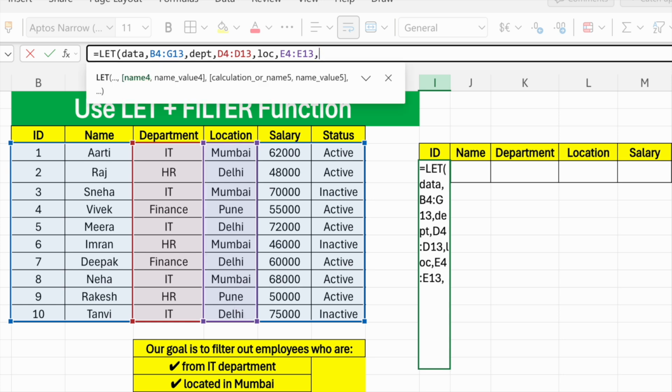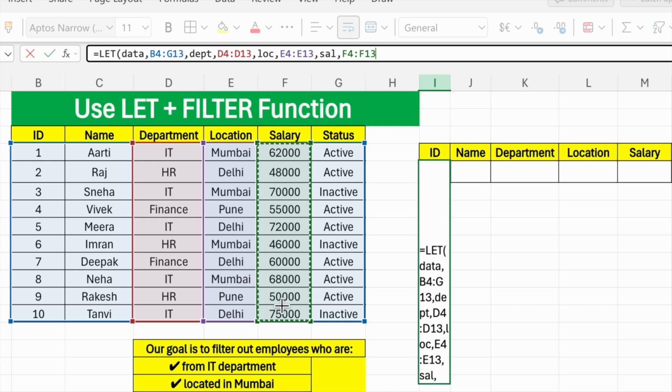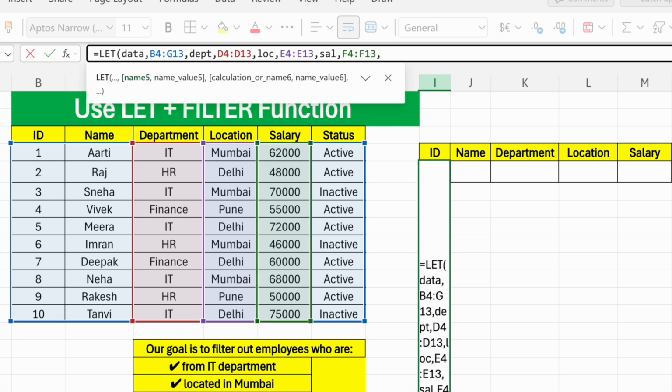Okay, comma salary, so we will make it sal, so sal is this. Okay, then comma status. Okay, status, so status is